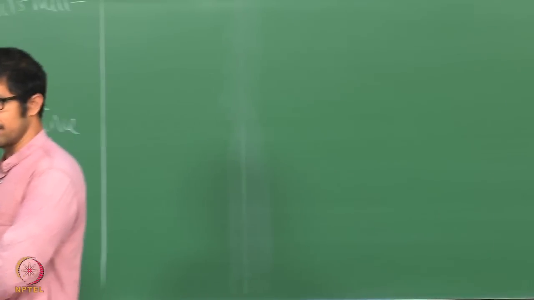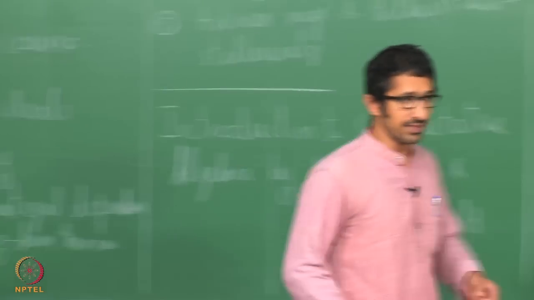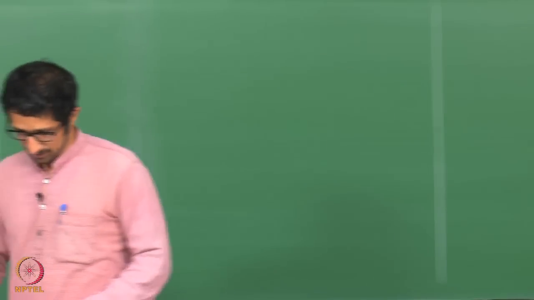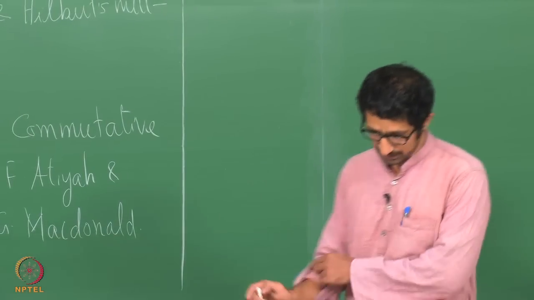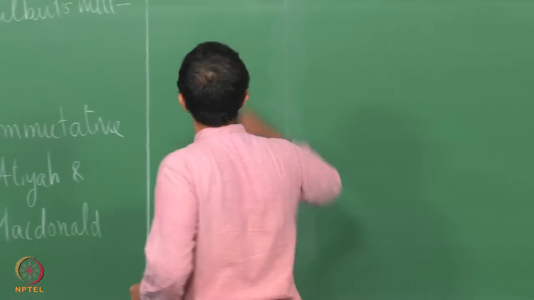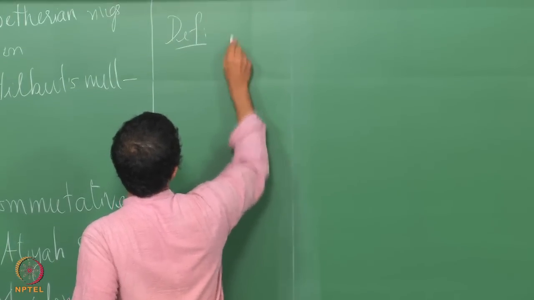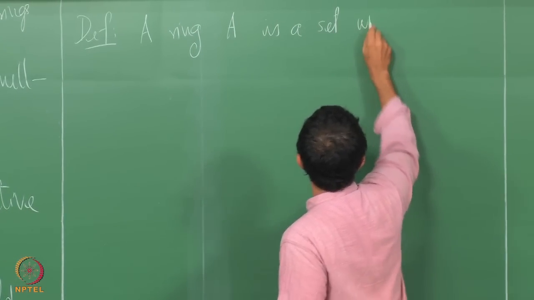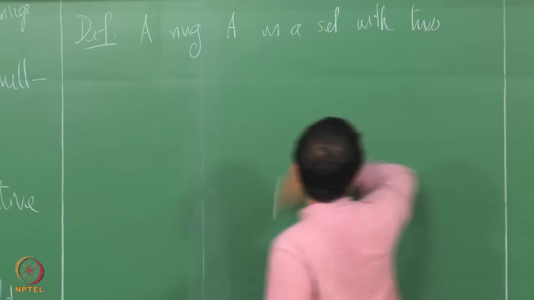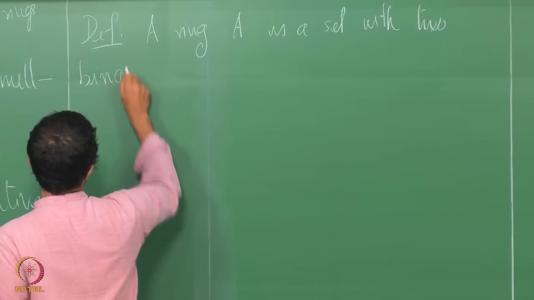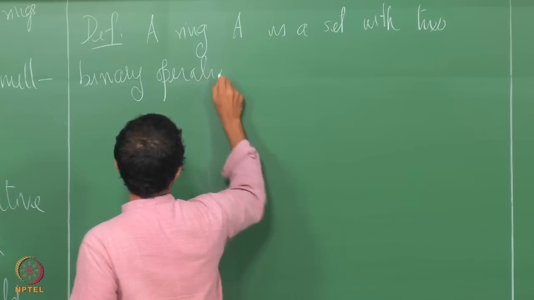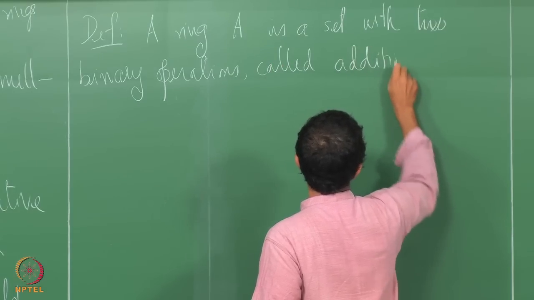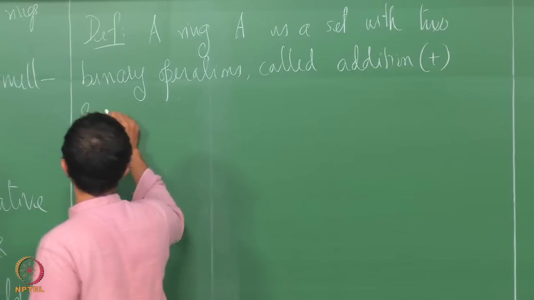I hope you all had a basic course in ring theory. So, today it will mostly be recalling the basic concepts from your algebra 1, first course in algebra. So, a ring A is a set with 2 binary operations, called addition and multiplication,